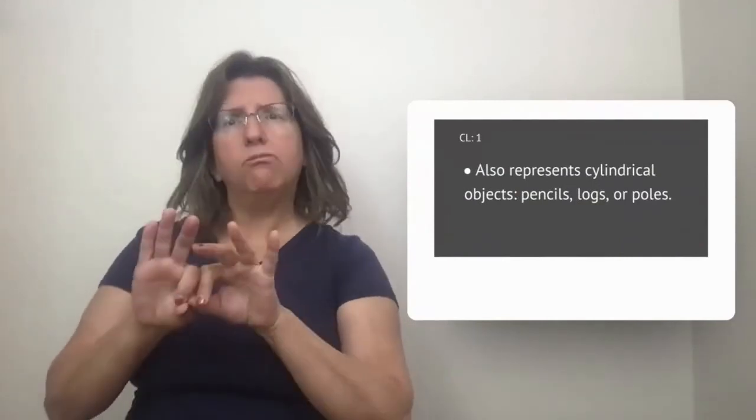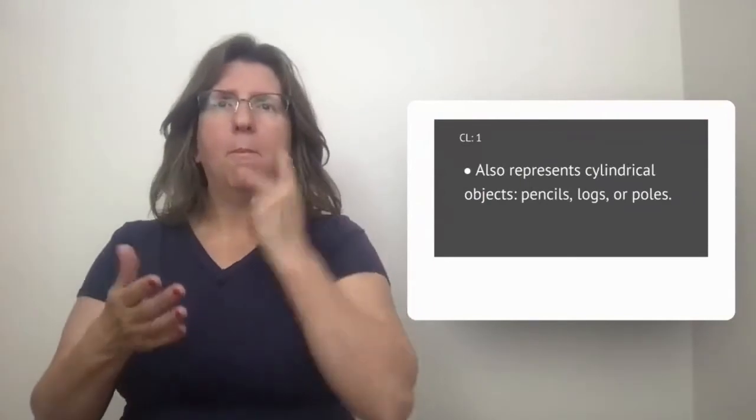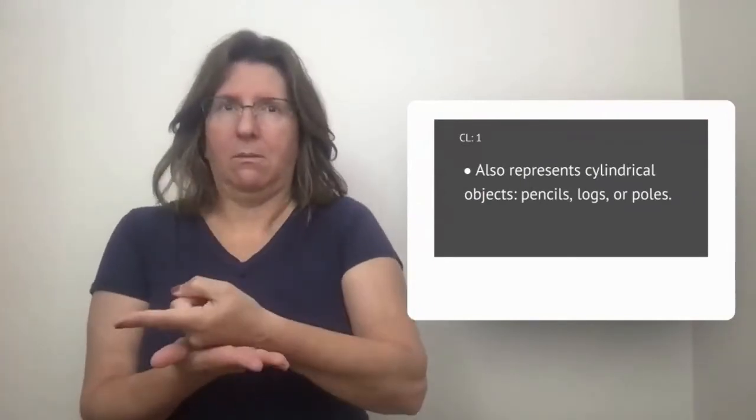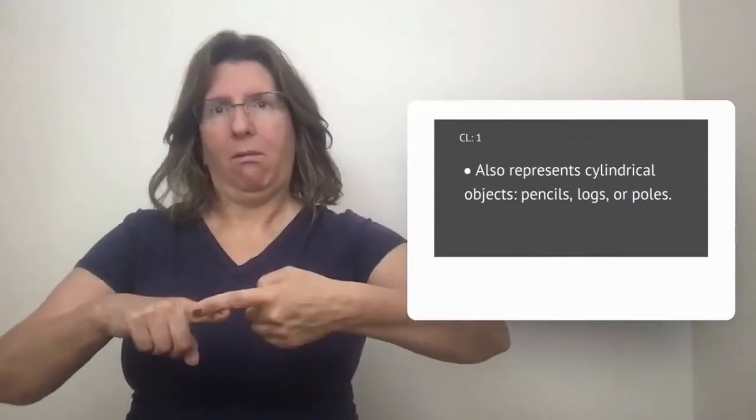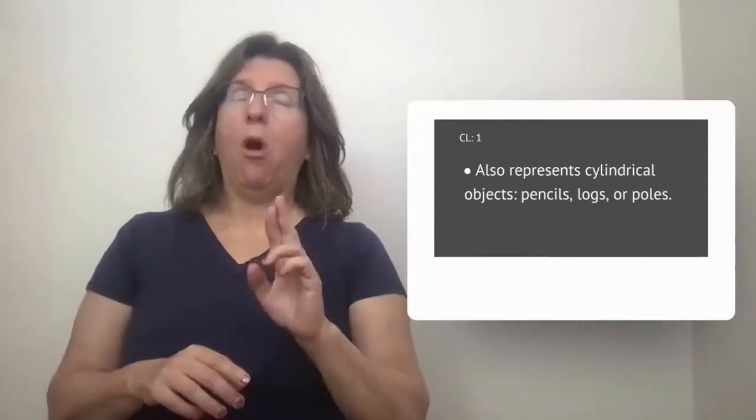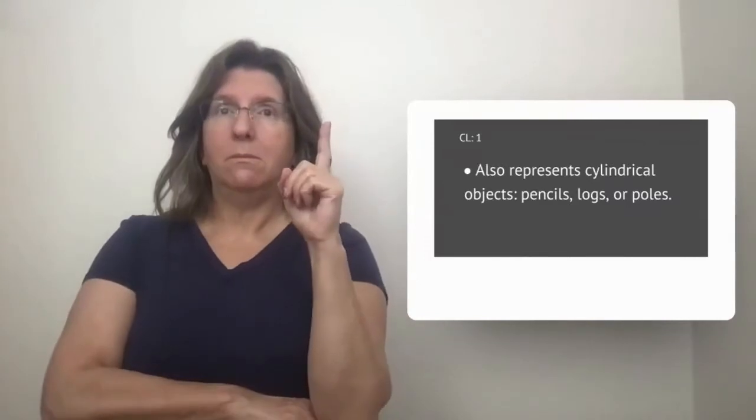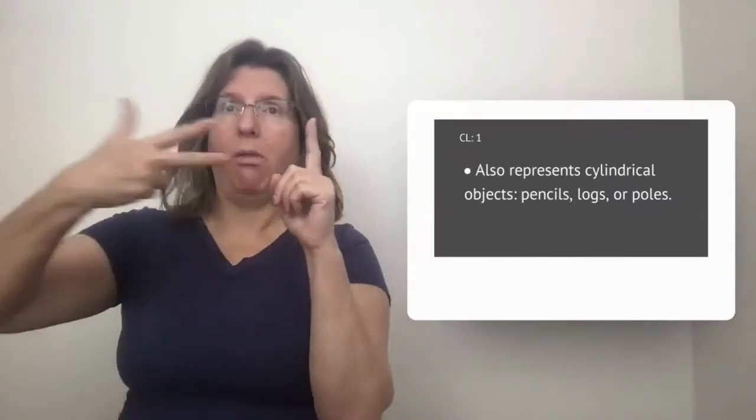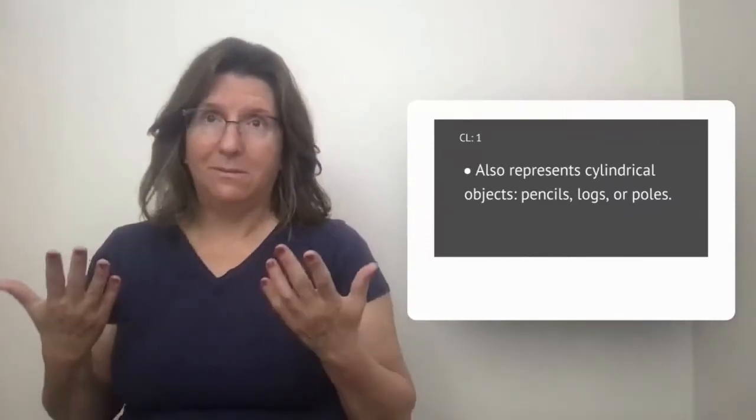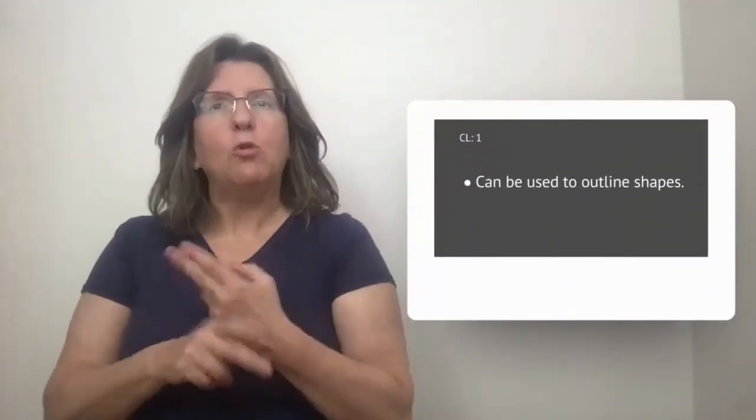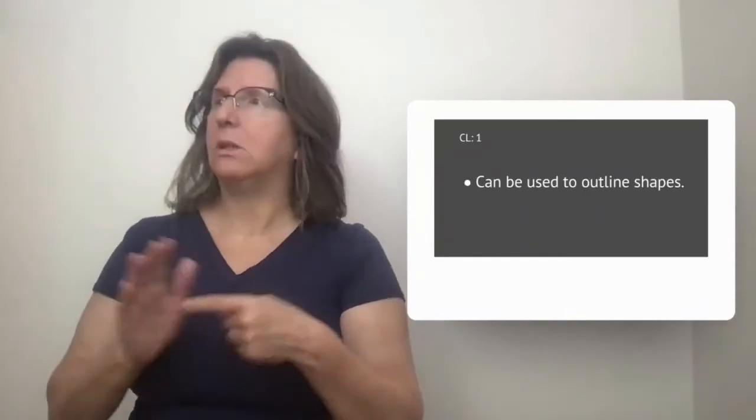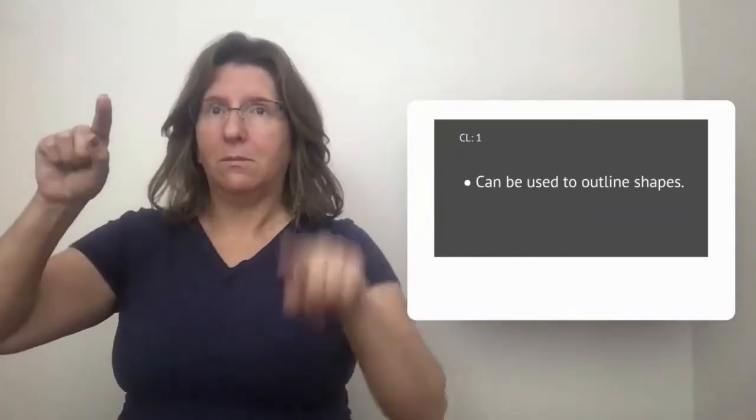CL1 can also represent cylindrical objects. For example, a pencil sitting on a surface, a log of wood resting on another one, or a pole, which unfortunately is hit by a car. CL1 can be used to outline shapes, a triangle, a square, circle,